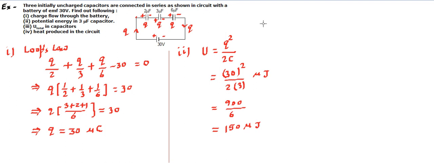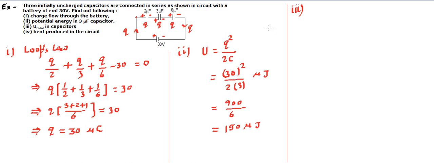Now we can go for the next part, and we can answer in a very similar fashion. That's part number 3. In the third part it is asking about the total energy in the capacitor. Now we can find this total energy in various ways. One, either by finding the energy in each and every capacitor, and we can add them up. Just like we found the energy stored in the 3 microfarad in the second part, similarly we can find the energy stored in the 2 microfarad, and similarly in the 6 microfarad. And we can add it up to find the total.